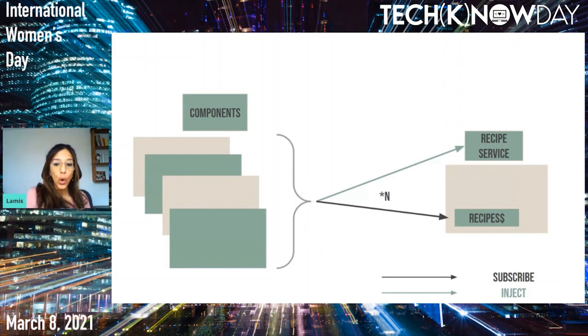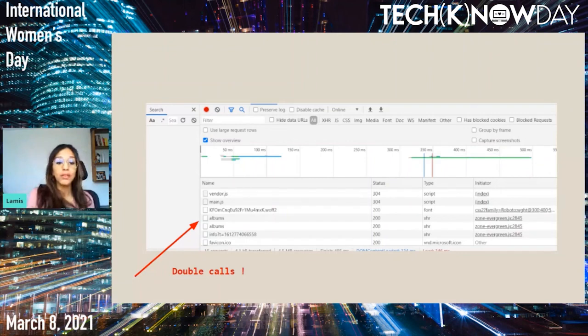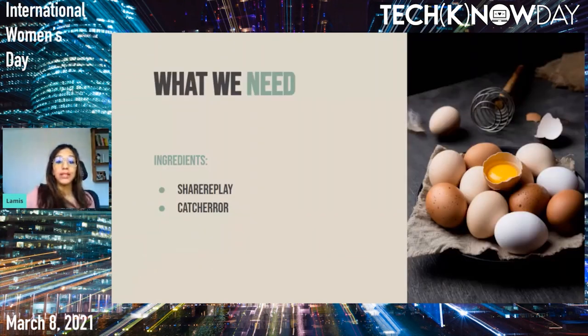Okay, so every time we will recall the APIs that get the recipes$ every time. Now, suppose that this data is static, it's not dynamic. Then we will see double calls in the browser every time because we have more than one subscriber. So we will see double calls in the browser, and it will be